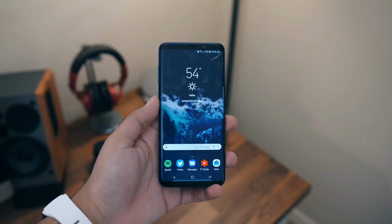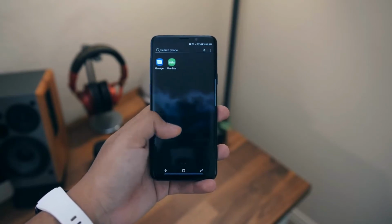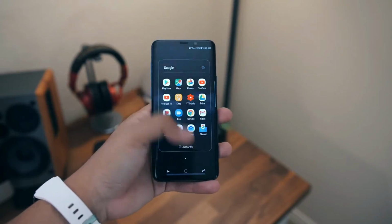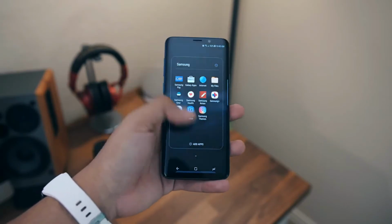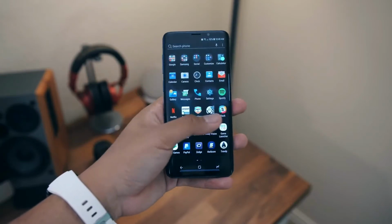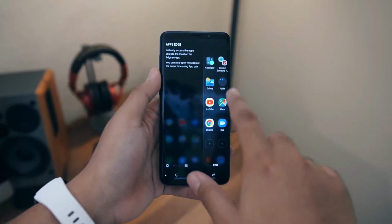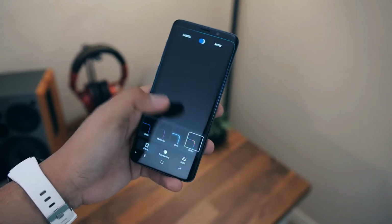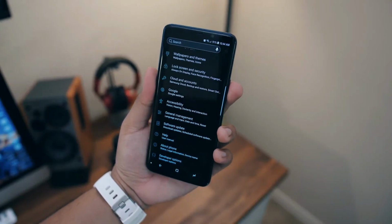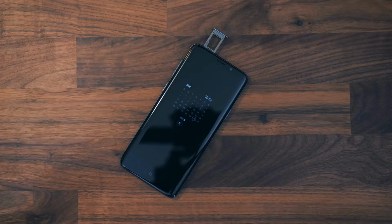Now as for the software category, you're looking at two totally different experiences. On one hand, you get the Samsung experience with features galore. We all know good and well that Samsung just loves to cram as many features into their phones as they possibly can. The list of features is quite long, but you of course have your Edge panel and all of the things that you can do with that, Edge lighting to add effects to notifications, face and iris scanning, and